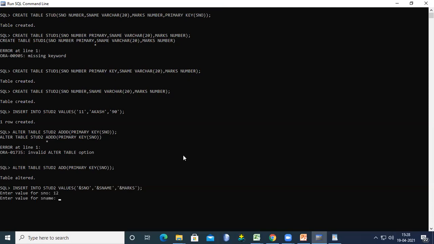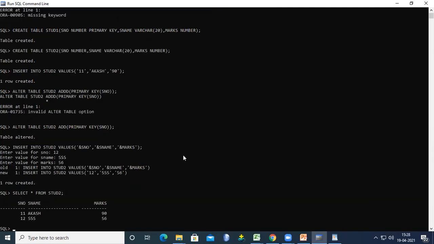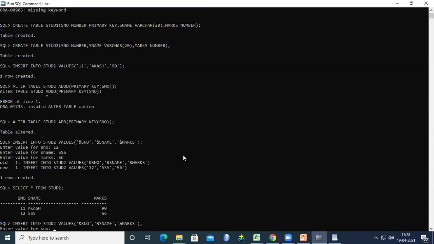For example, student number 12, student name is triple S, and marks, for example, 56. One row created. Select star from, what's the table name? Stud2. Okay. So now again I'm using the same command. Student number. So I just simply press enter, using slash and enter.